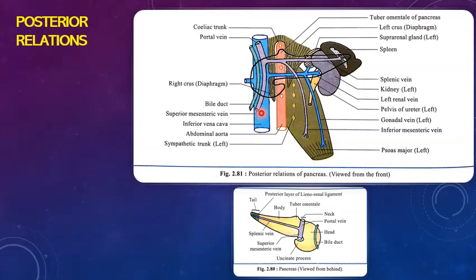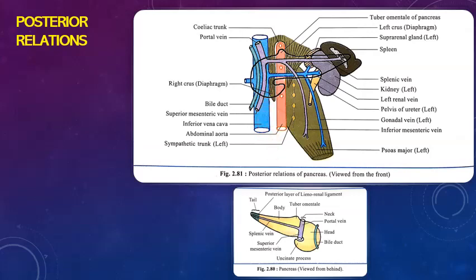So what are the structures intervening between the head of the pancreas and inferior vena cava? One is the right sympathetic trunk and right psoas major muscle. Also the bodies and transverse processes of L1 and L2 vertebra, because the head is lying opposite the L1 and L2 vertebra, right? So they also come in between the inferior vena cava and the head of the pancreas. So these are the posterior relations of the head of the pancreas.